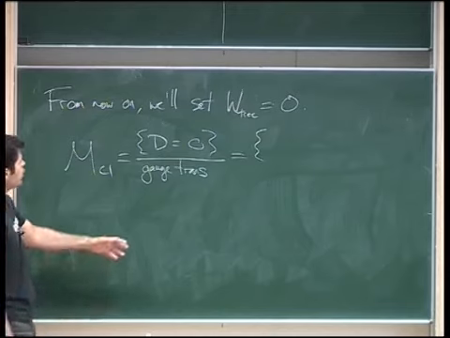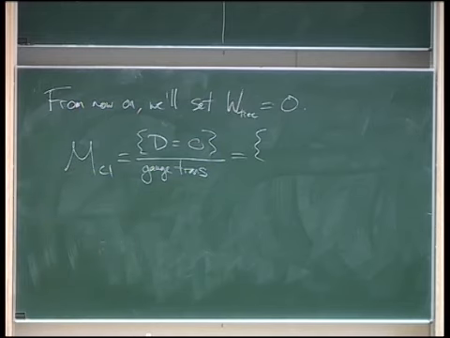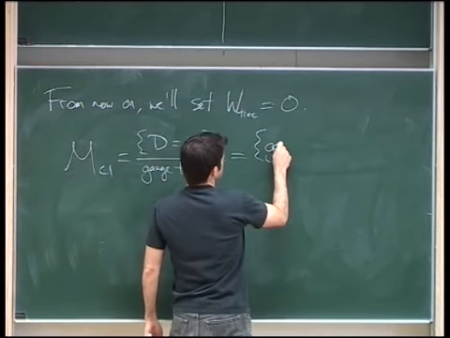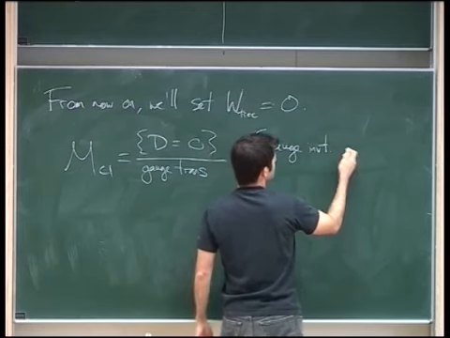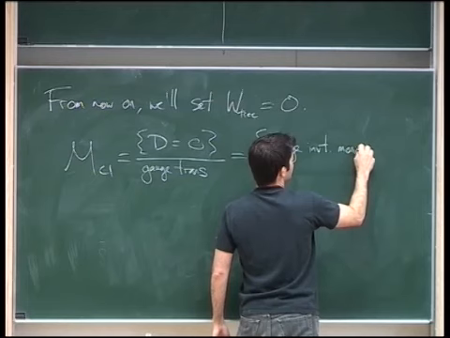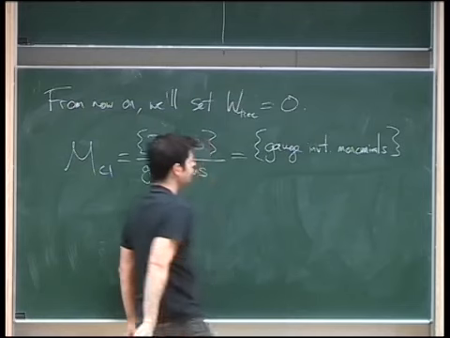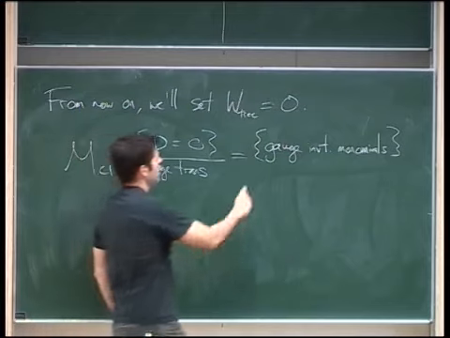as good coordinates, right? I don't want coordinates that are going to transform under gauge transformations. Good coordinates on the moduli space are going to be gauge invariants. So another way of thinking about the moduli space is I form a set of gauge invariant coordinates, so let's say gauge invariant monomials, out of whatever fields I have in the theory,